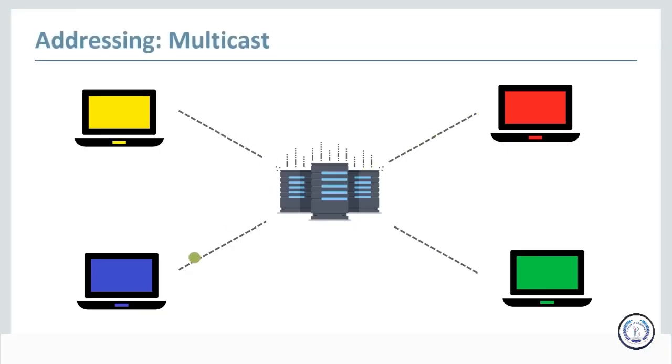Now there's also multicast. Multicast is like broadcast but selective. Multicast is used for casting your screen to multiple people. Something like screen share, when you're doing it with multiple people, is multicast because you have the option to not show a particular computer what you are sharing. So those are the three modes of addressing: unicast, broadcast, and multicast.